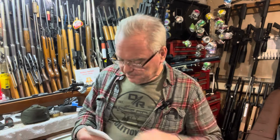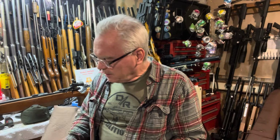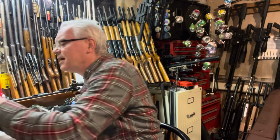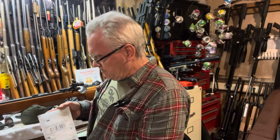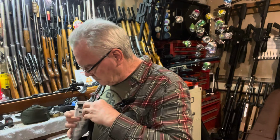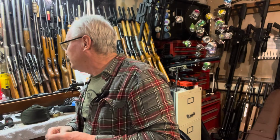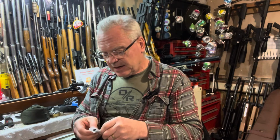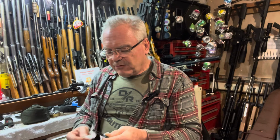But the main thing in here that I'm really excited about is a new product that he just developed. So let's see, we got a little Maple Custom Products sticker. I think I cut it. Oh, no, only the website address, no big deal. But what we have here is a new product that he just came up with, and this is a bolt handle for the